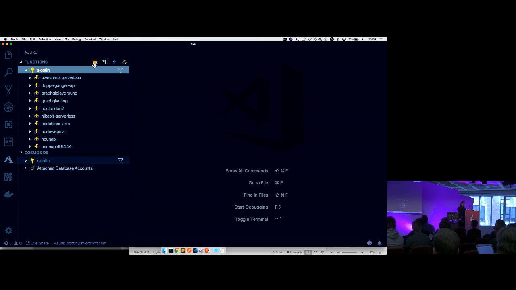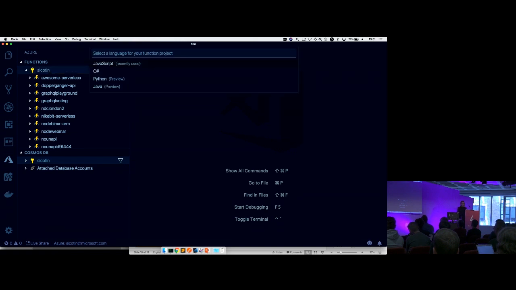And then I can also create new projects, I can create new functions and deploy them to the cloud. So let's go ahead and create a new project. One thing that's unique about Azure is that you are able to deploy or write multiple functions within a project. So this will enable us to deploy the functions that are logically connected within the same resource. And that means that we're also going to scale those functions together.